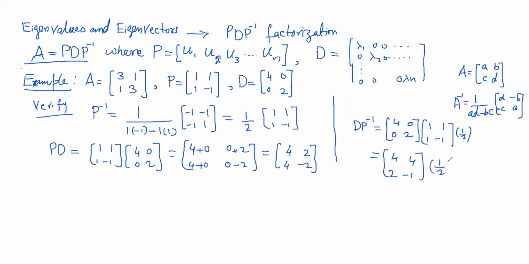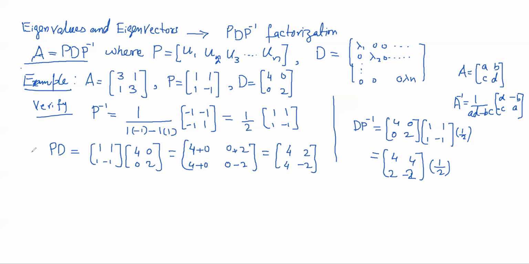Okay, so you can even check by the proper multiplication as well. So 4 times 1 is 4, plus 0, so that is 4. 4 times 1 is 4, minus 0, that will be 4. 0 times 1 is 0, and then 2 times 1 is 2. And 0 times 1 is 0, and 2 times minus 1 is minus 2. So it will be 2, minus 2. So it will be like that. Anyway, so this was just a side